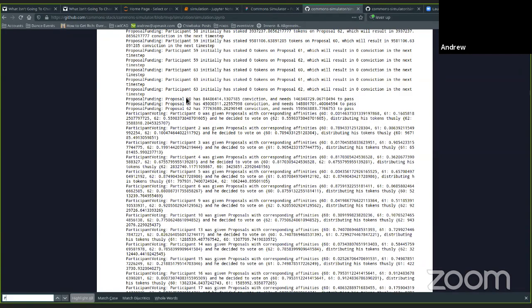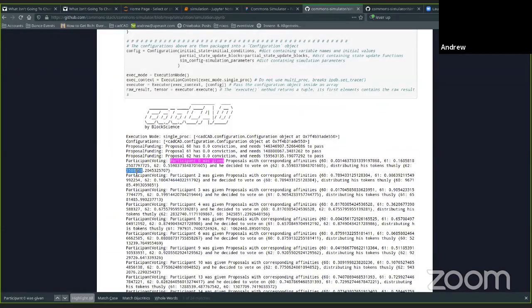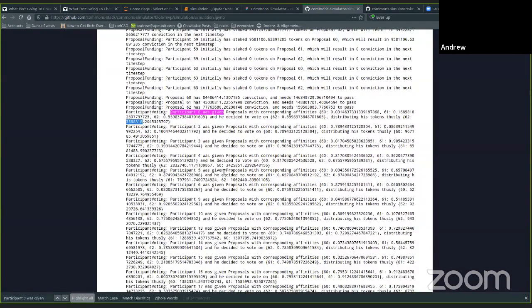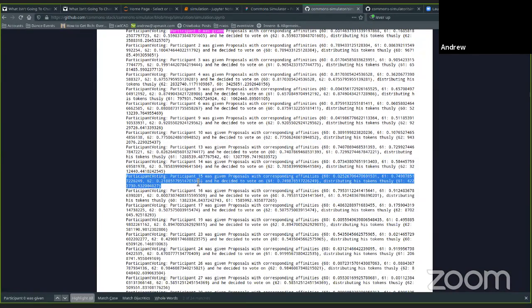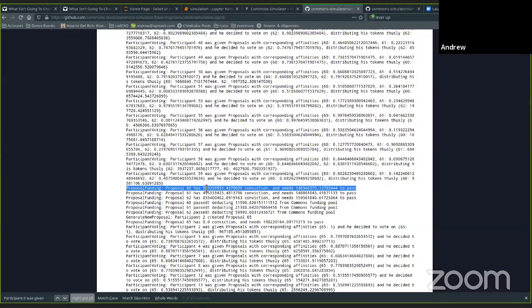Participant 0 was given tokens, and he decided to distribute his tokens like this: 62.3588318. Yes, so his affinity did not change. Therefore, they keep on distributing their tokens all the time, the same way. So yes, you keep giving them the same stuff and they keep having the same opinion, nothing changes, and eventually